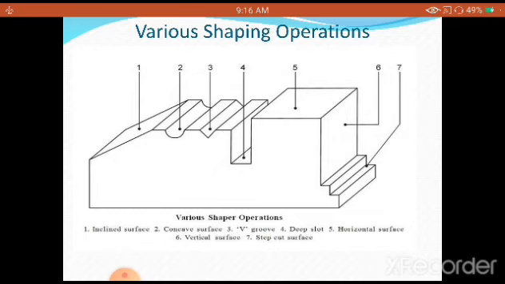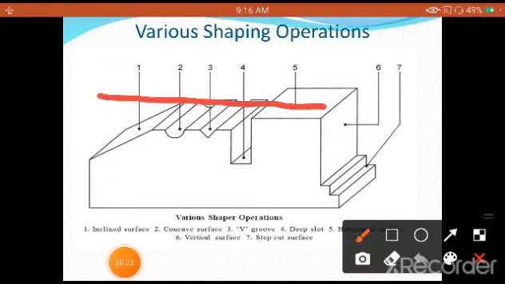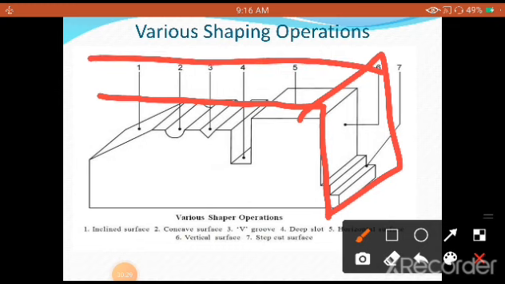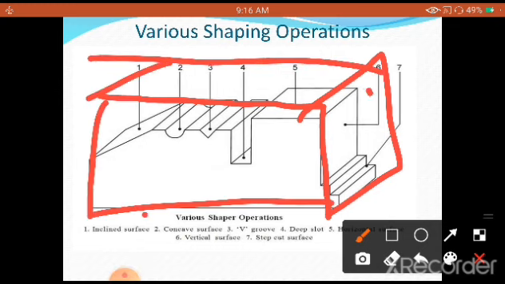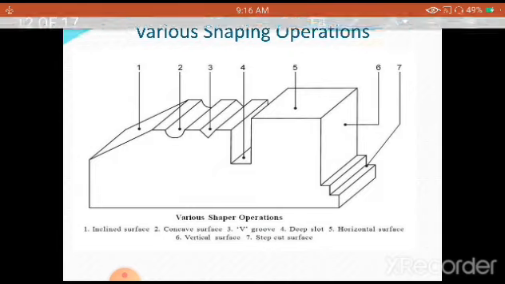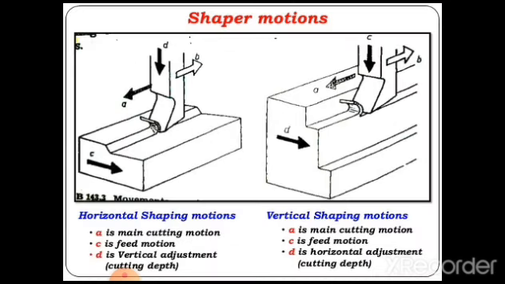All these surfaces can be machined, can be carried out on a given workpiece block. Your given workpiece block could be like this. Approximate sketch I am drawing. This is the block. On this I can produce all these profiles, cutting operations with the help of a shaper. This is only to make you understand that these surfaces can be produced on a shaper machine. This is very, very important.